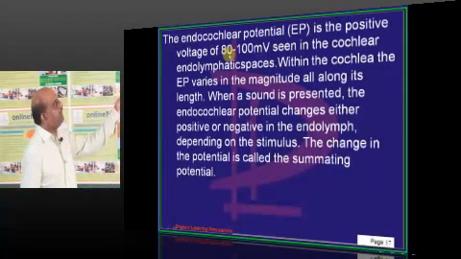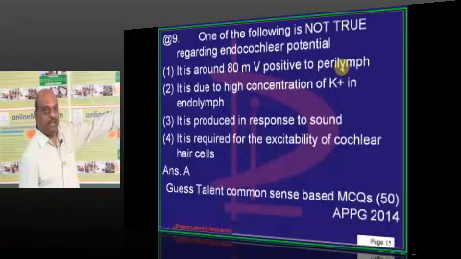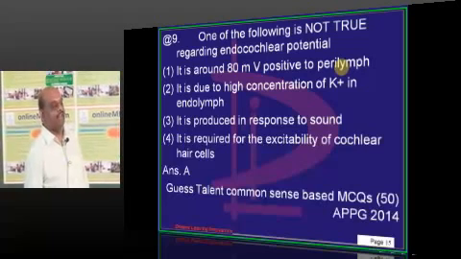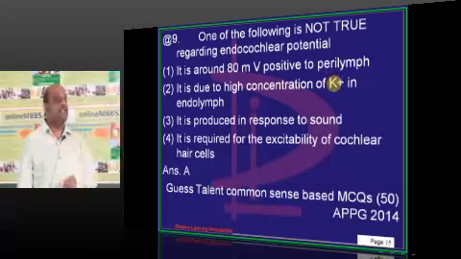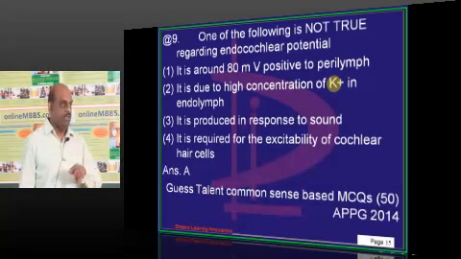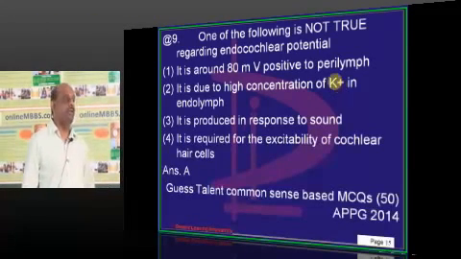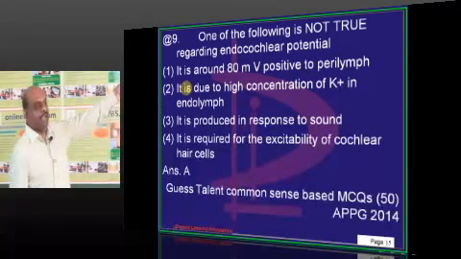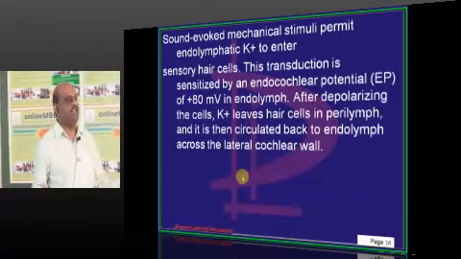Endocochlear potential is positive voltage of 80 to 100 millivolts in the endolymphatic spaces. What was given in the option A? It is given in perilymph. That makes it unlikely. Perilymph may be minus 70, endolymph may be 80. So that is relatively 150 plus it should be. So that is the reason option A in my opinion, but we need to ask that physiology great teacher who composed the question.